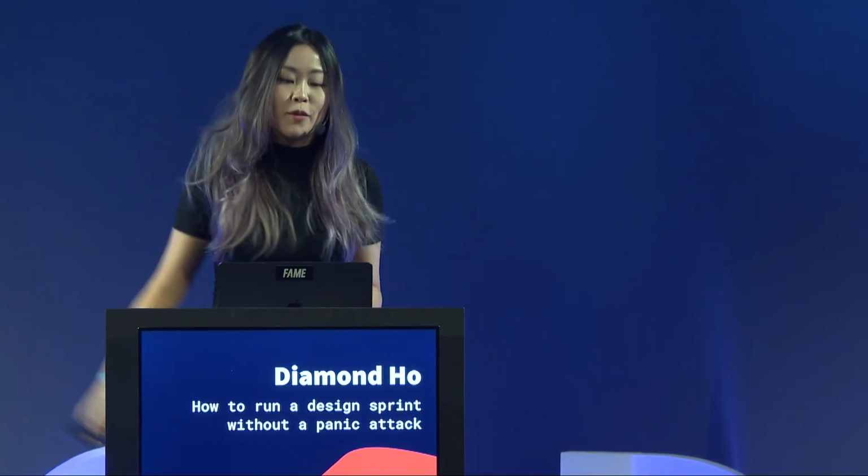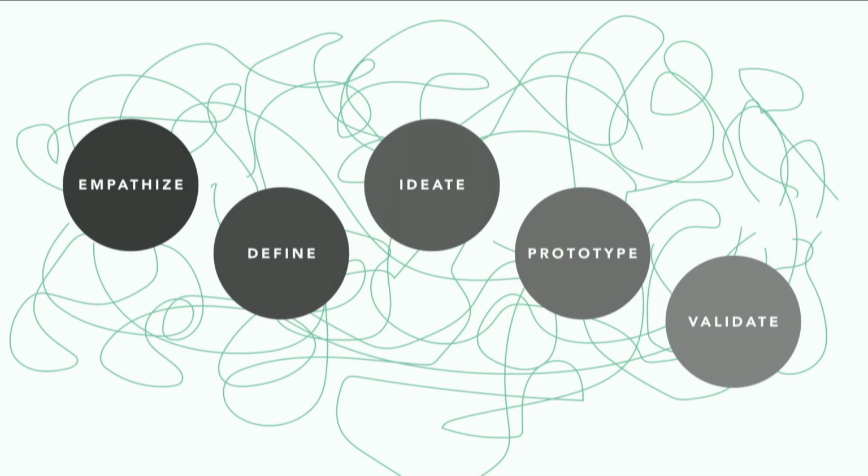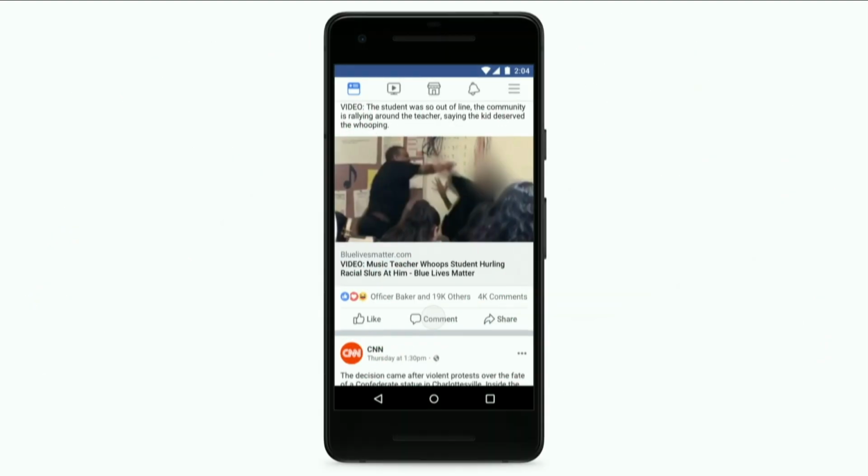In reality, it looks more like this. So it is messy, and it can take up to multiple rounds to actually figure out what is a good product. But like any other good product, the process of getting to a simple solution is rather complex. Designing for Facebook means that it is a complex place, and whatever you actually put into the app,